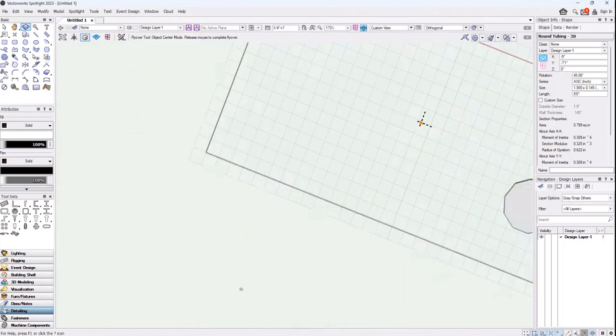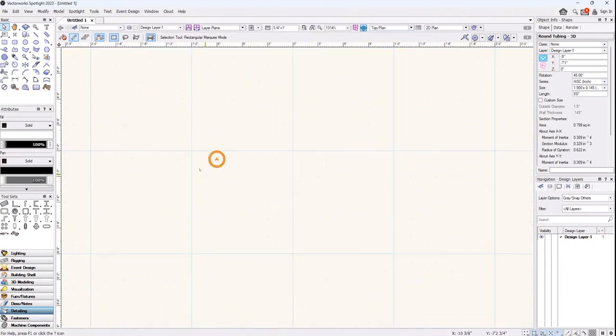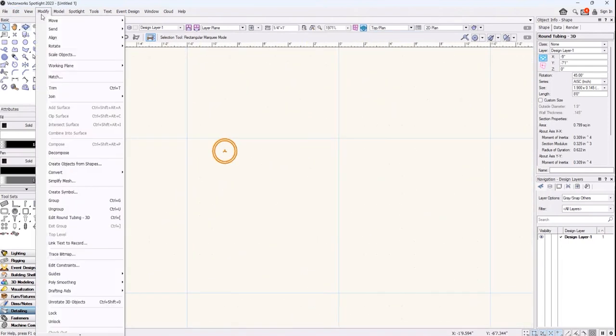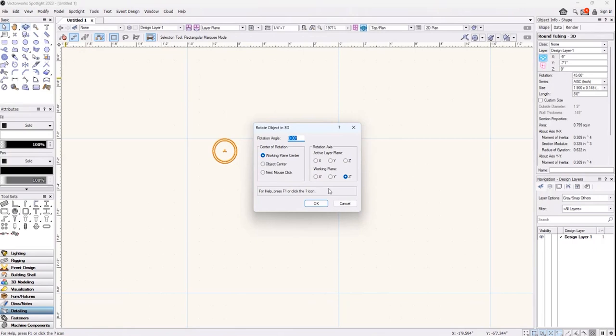Now, if we wanted to take this pipe and rotate it, we would select it while it's orange, and we go up to modify and rotate. We've got a couple different things. Rotate, just normal rotate, is just in 2-dimensional. Seeing it's a pipe, it's not going to really do anything for us. Rotate 3D is where we're going to start playing around, and we'll actually be able to manipulate the pipe in space. So we're going to select to rotate the pipe 90 degrees at the object center, and we're going to pick the Z plane first. So we'll hit OK,